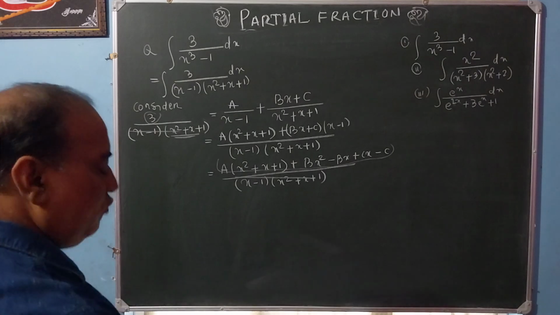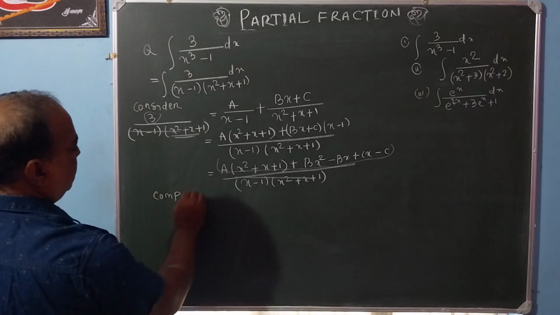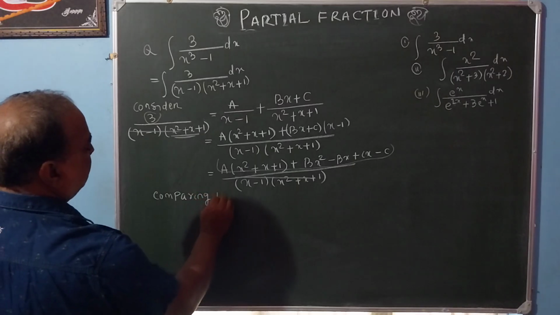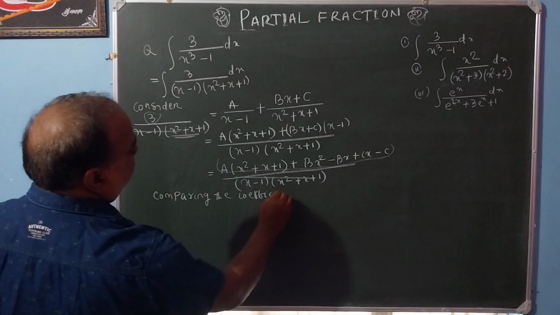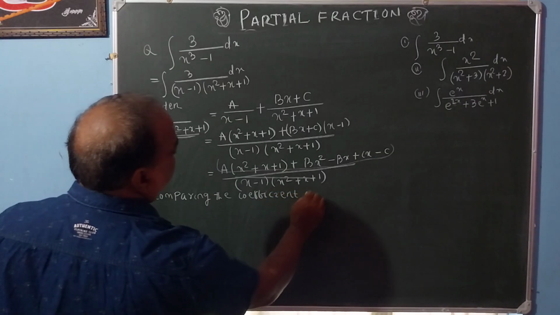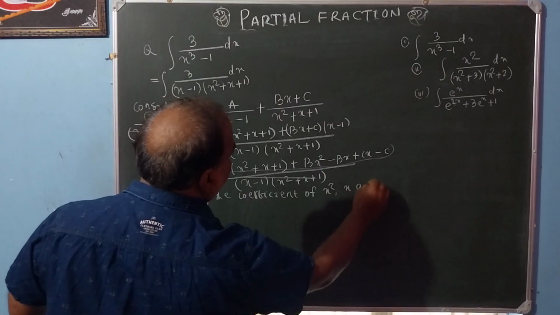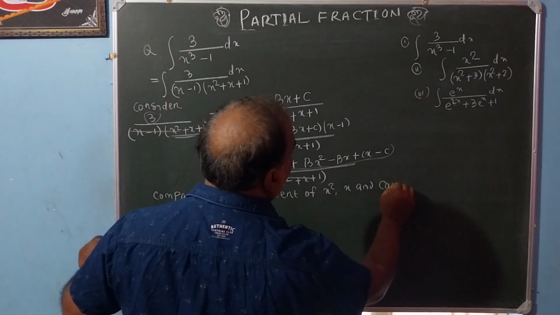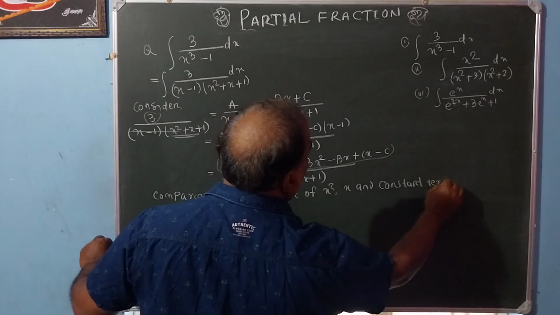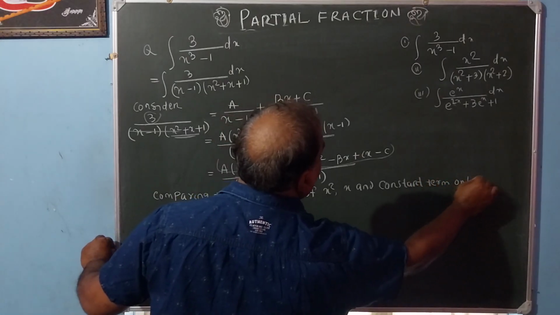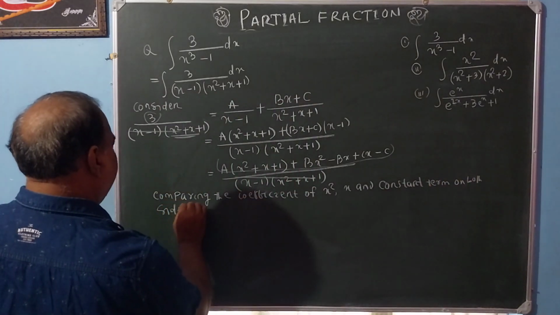So comparing the coefficients of x square, x and the constant term on both sides, we get